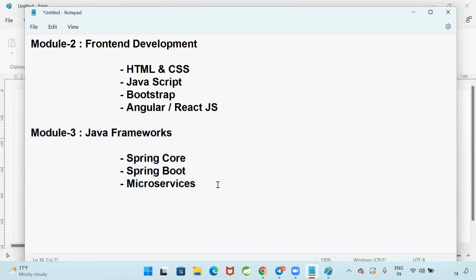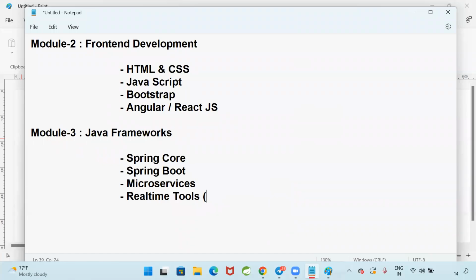Along with Spring Boot and microservices, we need to know some real-time tools. How to do the code review, how to store the code. In a project, multiple members will be available, 10 members. Everybody will write the program.